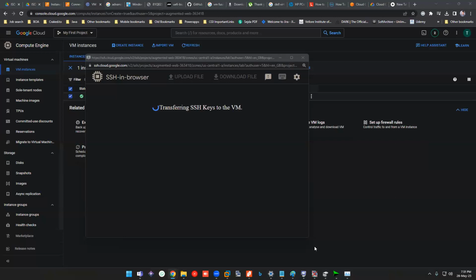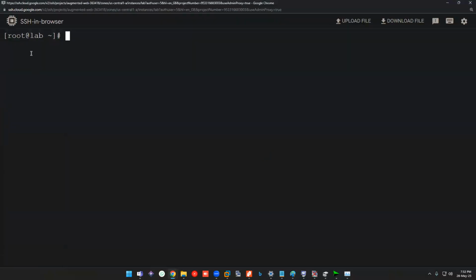Okay, just a second. You can see whatever name I mentioned there is given as the host name here. You need not even need a KiTTY if you're using GCP. This is the same as PuTTY, or even more powerful actually, since you can even download files. This is using your browser only, this SSH, or sorry, the shell.